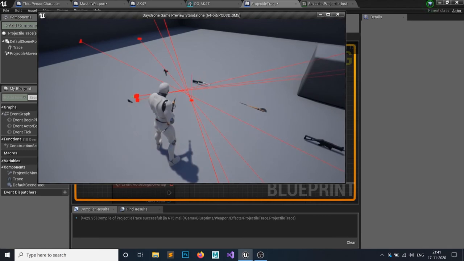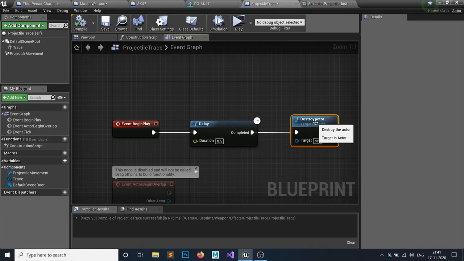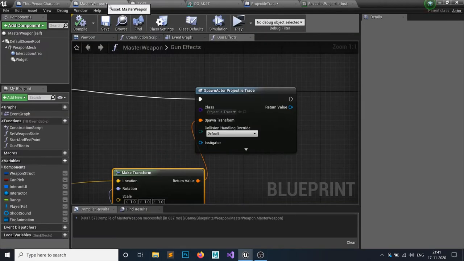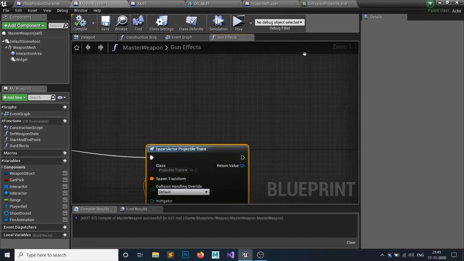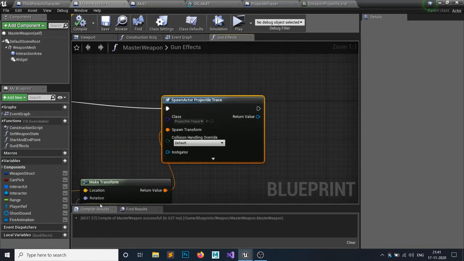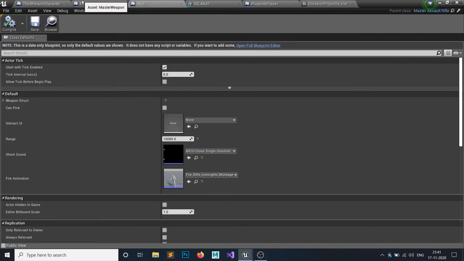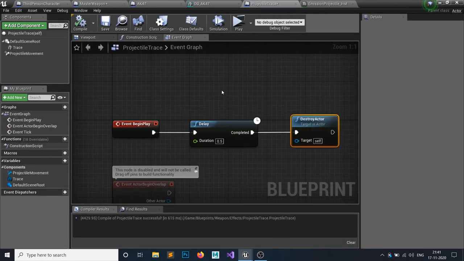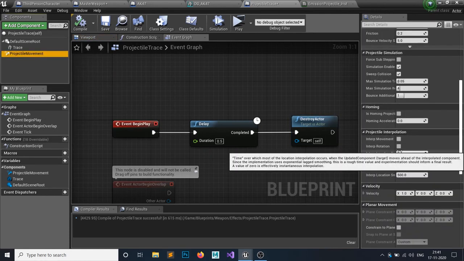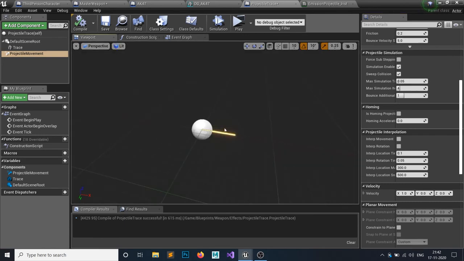Okay, it is not working as it should, or it is working but the projectile is not having the difference. Okay, this one is a projectile trace, and we have some velocity in the x-axis, this one.